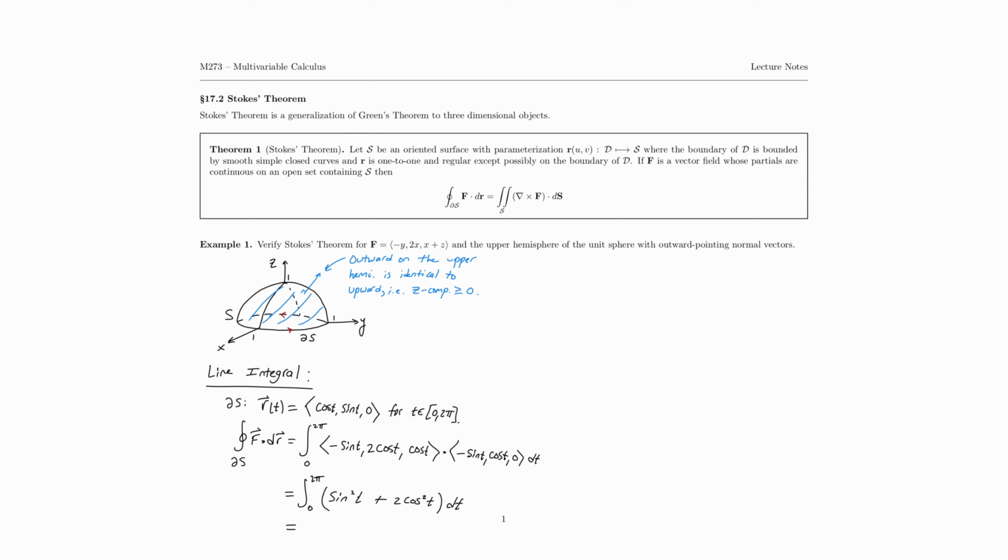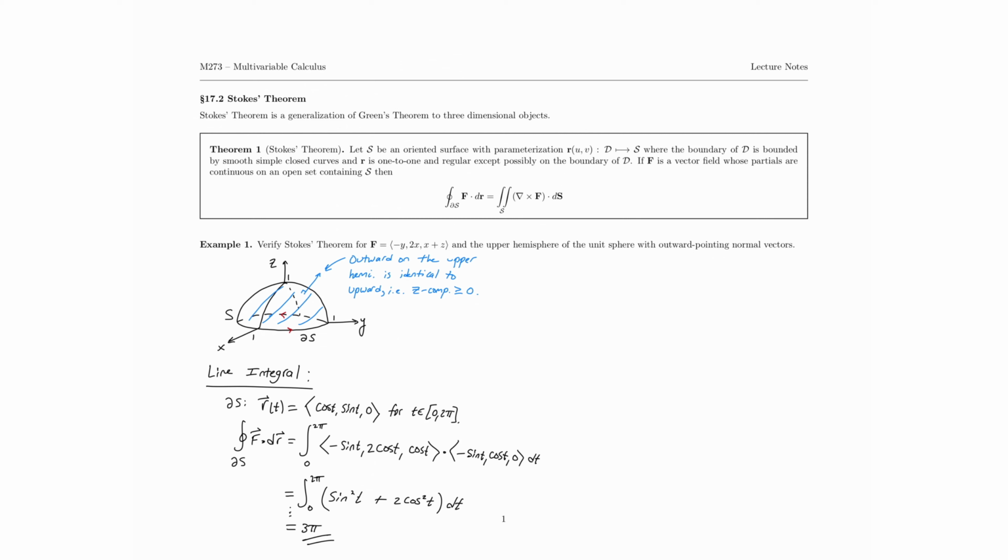Couple of ways you can do this integral, but it is fairly straightforward. Be aware that you can break off one of these two cosine squareds and group it with the sine squared, so you'd get 1 plus the cosine squared of t. Then you can use the half angle identity to complete this. If you go through those steps, you will get that the answer here should be 3 pi. Okay, so that is the